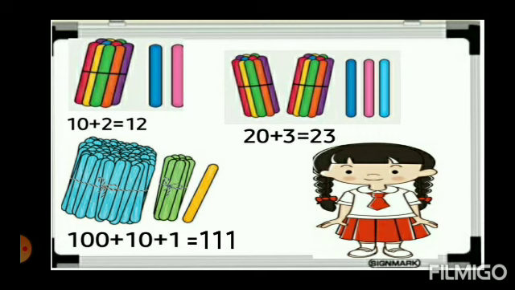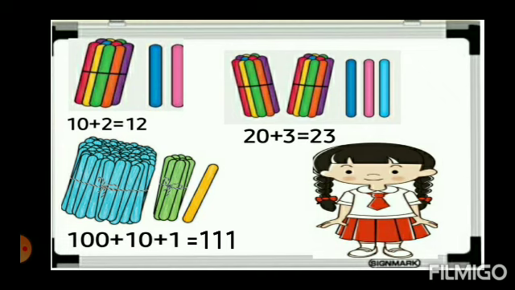In that group, what has she done? She tied 2 bundles of sticks, each having 10, and she put 3 separately. Now let us count: 10 plus 10 is 20, and adding 3 to 20 we get 23. How does it look? 3 is in the ones place and 2 is in the tens place. So the place value of 2 is 20 and the place value of 3 is 3 ones. We write together 20 plus 3 is equal to 23.